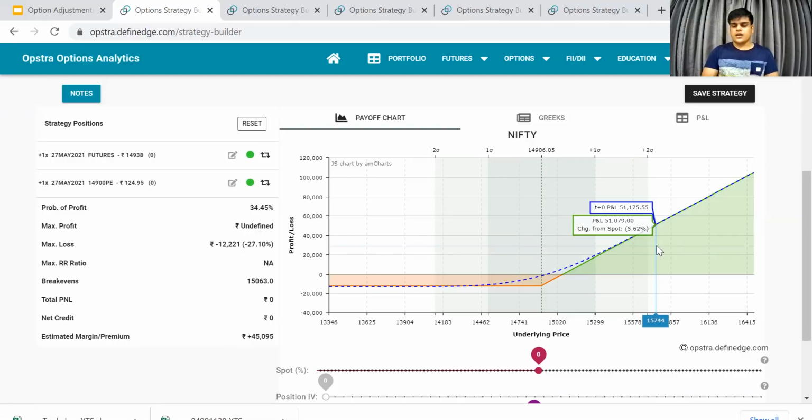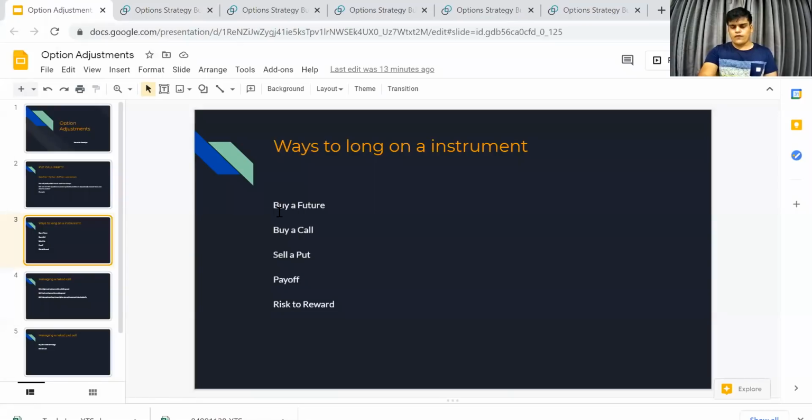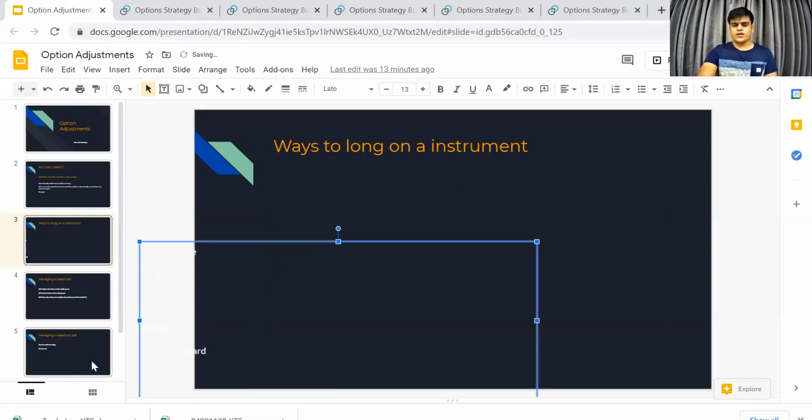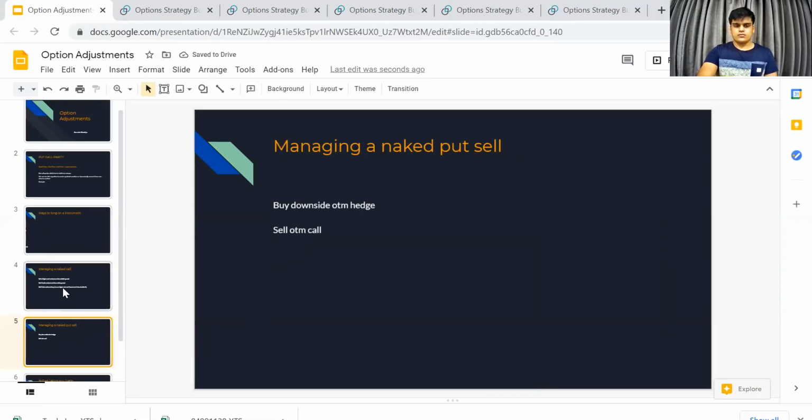Suppose you buy a future, it gives you 100, 200 points intraday. At day end, you buy this put option and convert into a call. So basically this is a long call, right? S plus P is equal to C. So this is basically S plus P is equal to C. So basically a long structure. So your loss is limited. So you can go from one to another by doing adjustments.